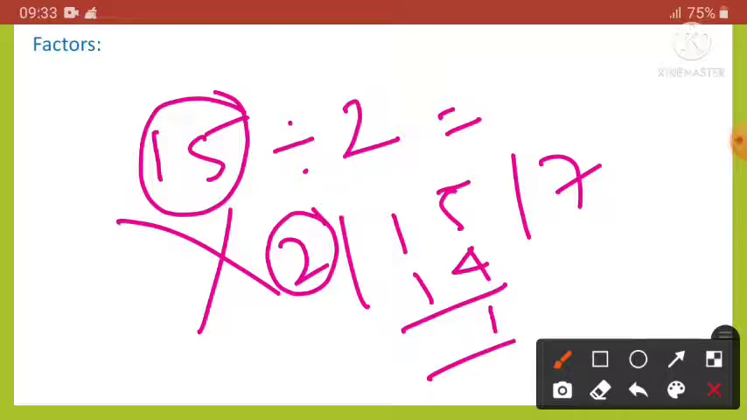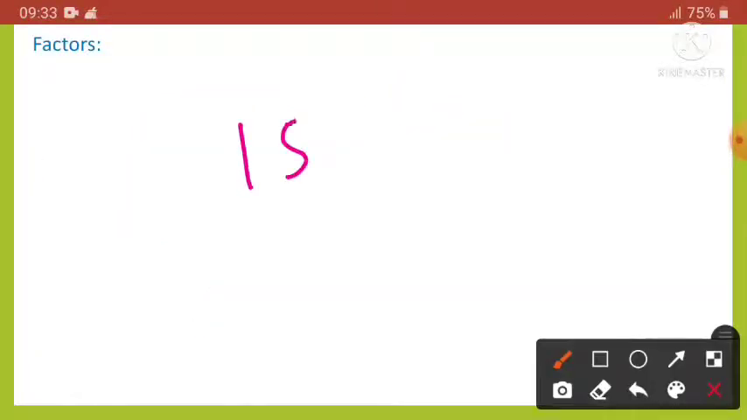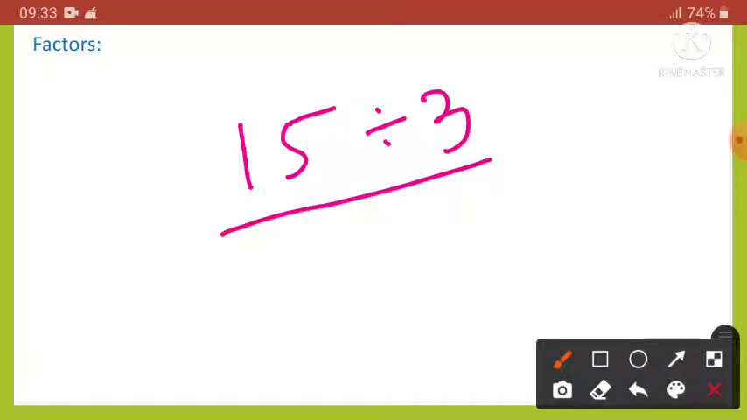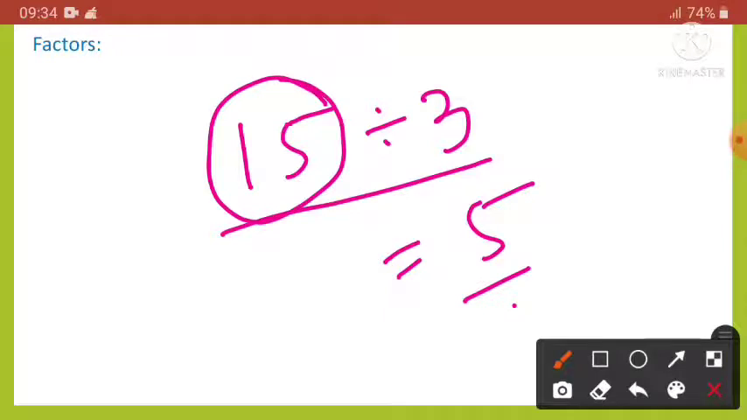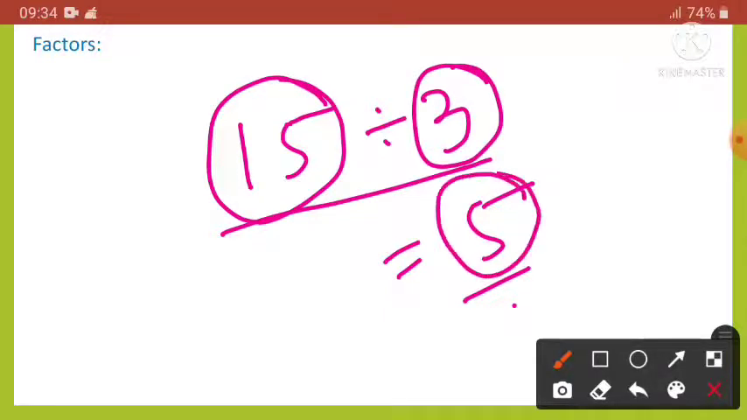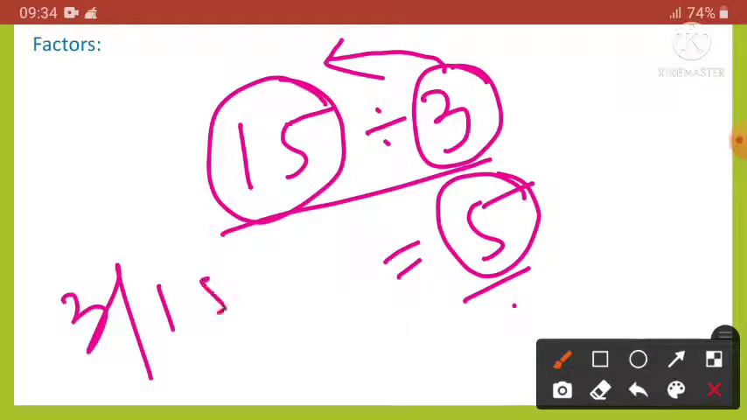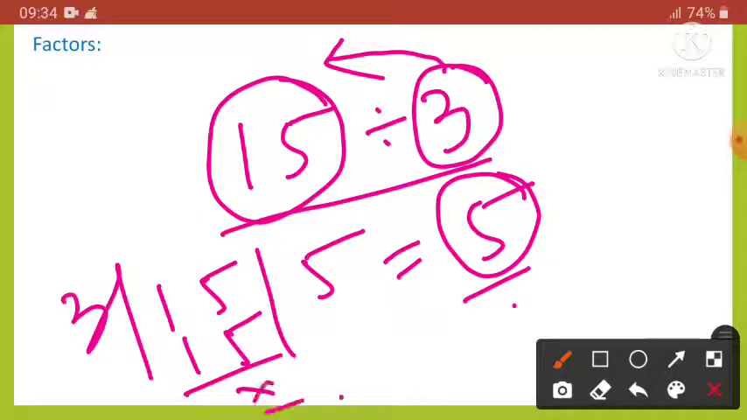But if we divide 15 by 3, then we will have the quotient 5, result 5. That means there is no remainder. Okay, so when there is no remainder, then you can say that 15 has two factors, 3 and 5. Okay, because if we divide 15 by 3, we will have no remainder. If we divide 15 by 3, so here it is 5, here it is 15 and no remainder. So you can say that